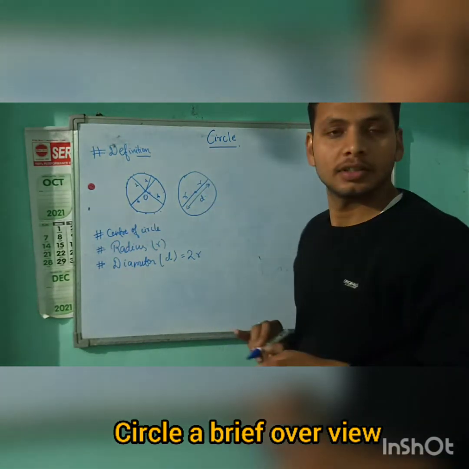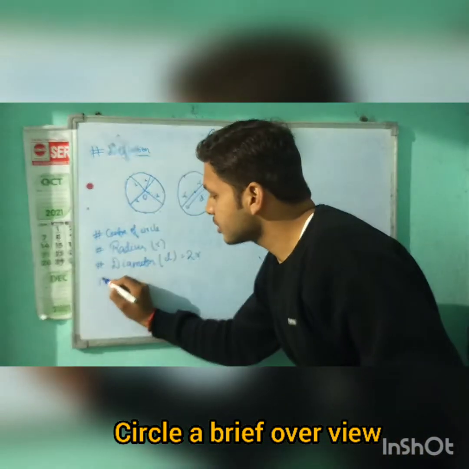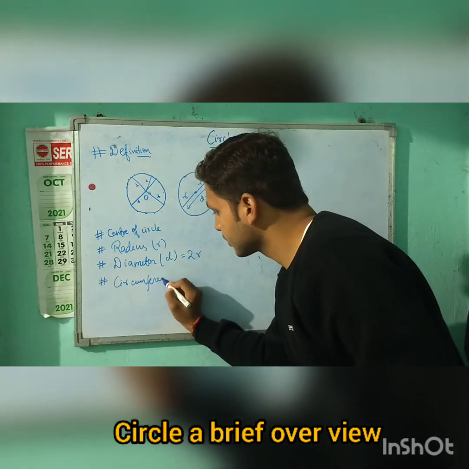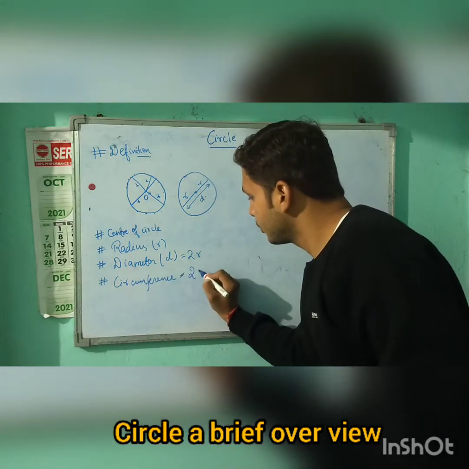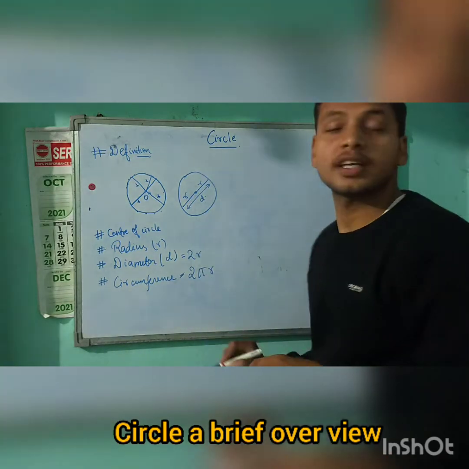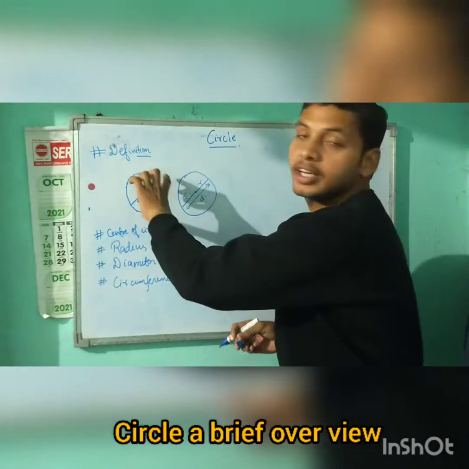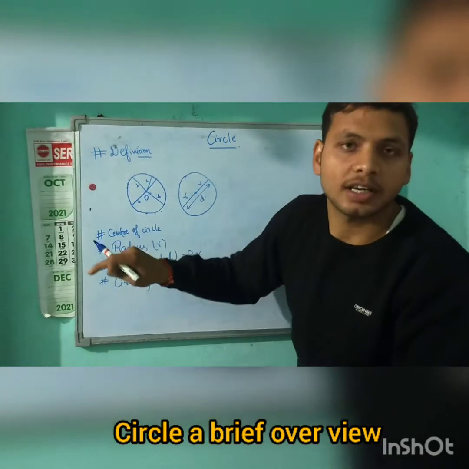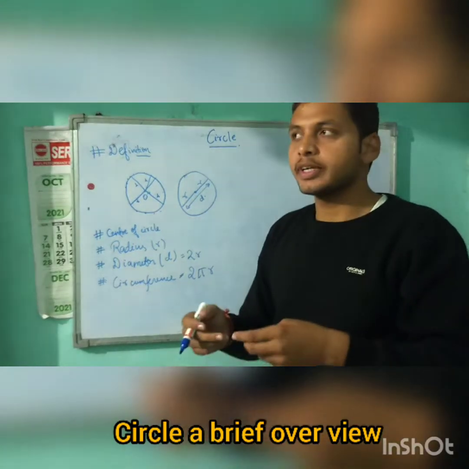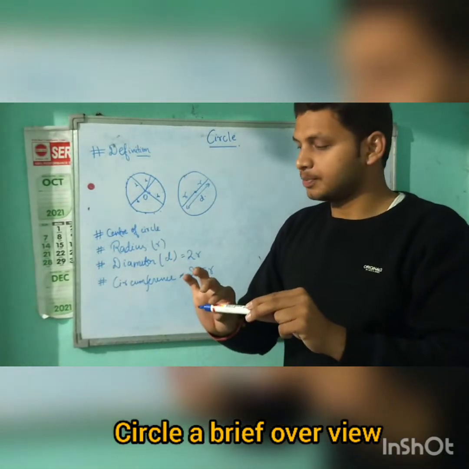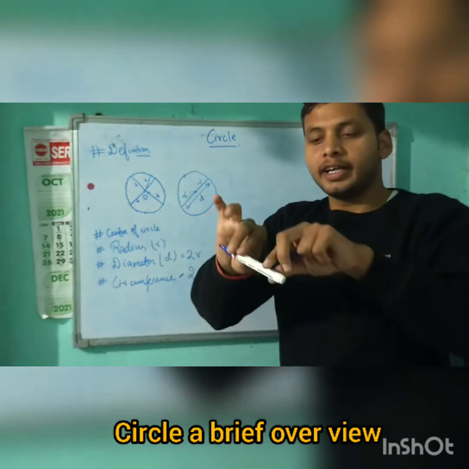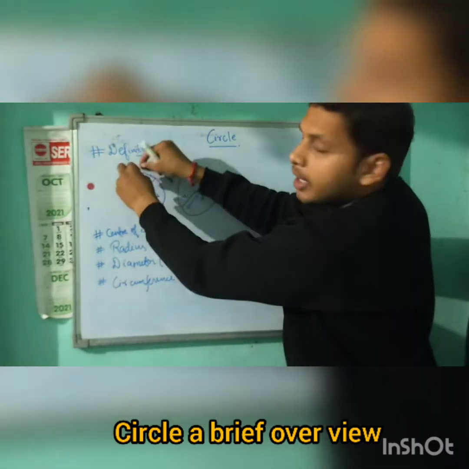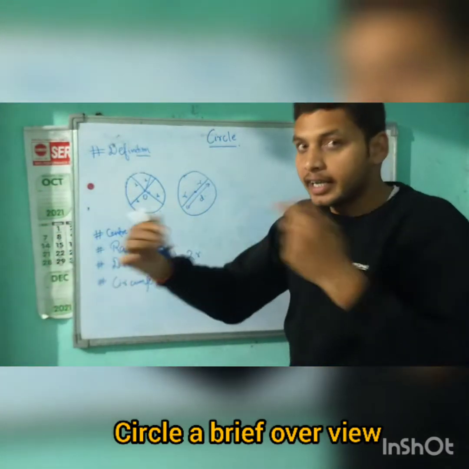This is the diameter. Then one more concept we have to learn is circumference, 2 pi r. What is circumference? Circumference is the total length, the boundary of the circle. Suppose there is a narrow rod and it is molded to form the circle. When it is opened from this part, it will again be a rod. So that length is what?